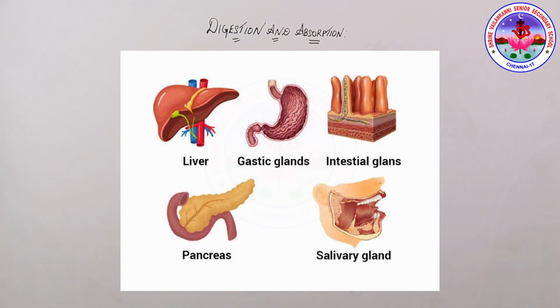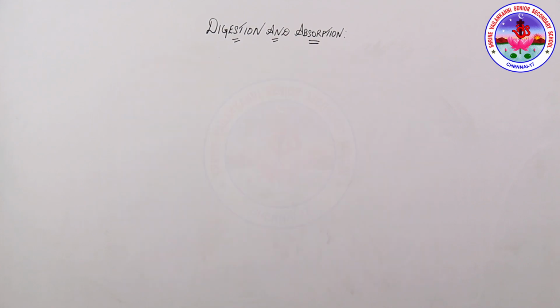The pancreas is a compound gland that acts as both exocrine and endocrine, an elongated organ situated between the limbs of the C-shaped duodenum. The exocrine portion secretes an alkaline pancreatic juice containing enzymes, and the endocrine portion secretes hormones called insulin and glucagon. These are the functions of the pancreas. So we have discussed the duct system of the liver, gallbladder and pancreas.